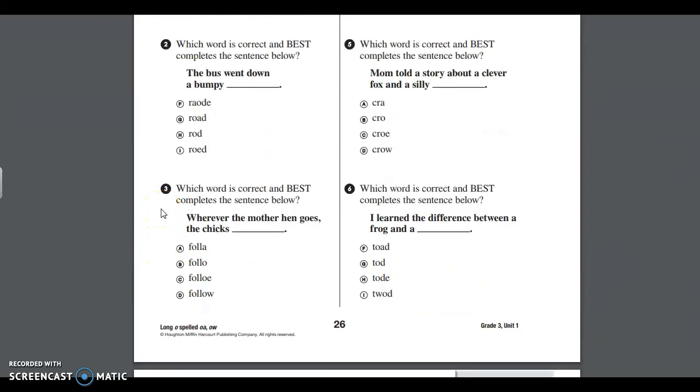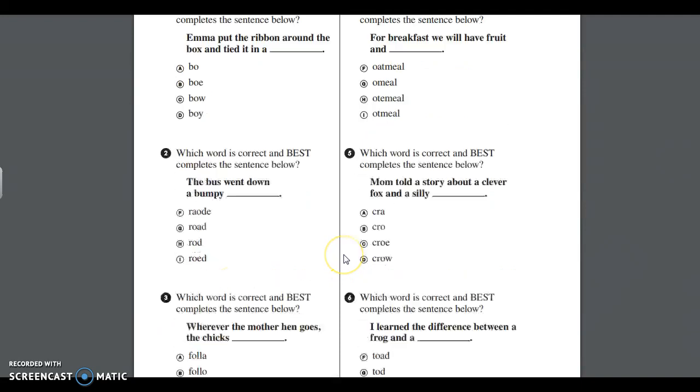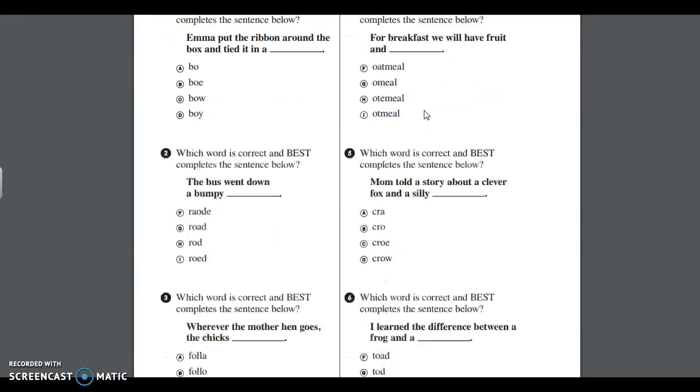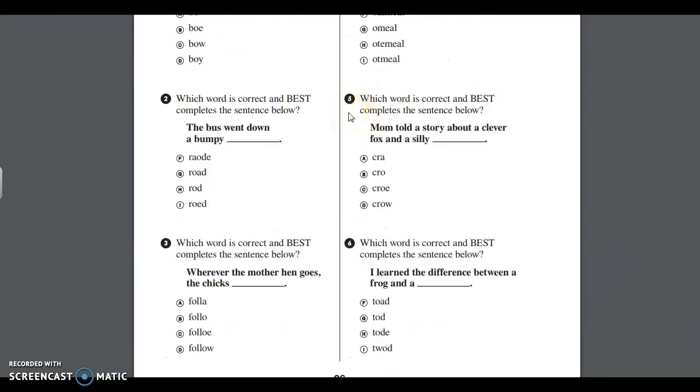Number 3. Which word is correct and best completes the sentence below? Wherever the mother hen goes, the chicks... Number 4. Which word is correct and best completes the sentence below? For breakfast, we will have fruit and... Number 5. Which word is correct and best completes the sentence below? Mom told a story about a clever fox and a silly...